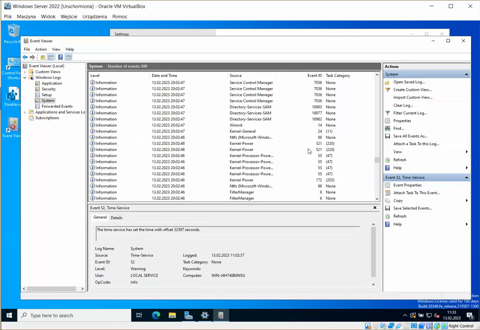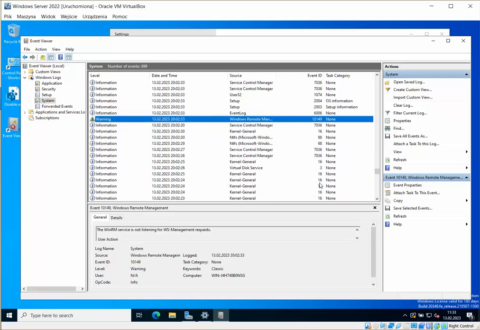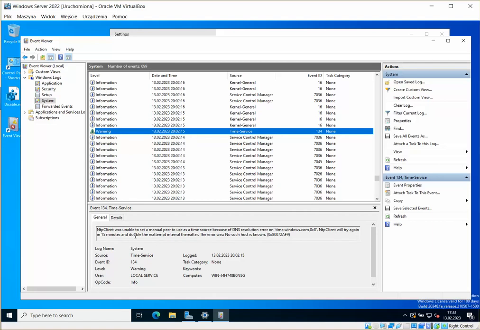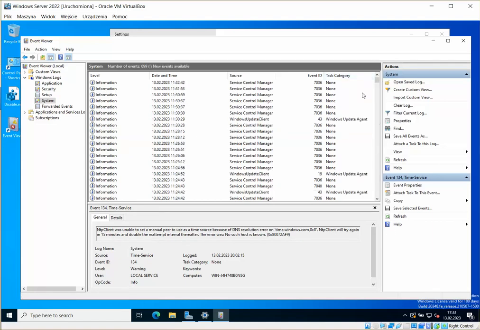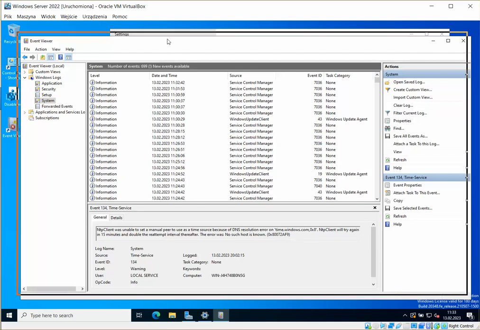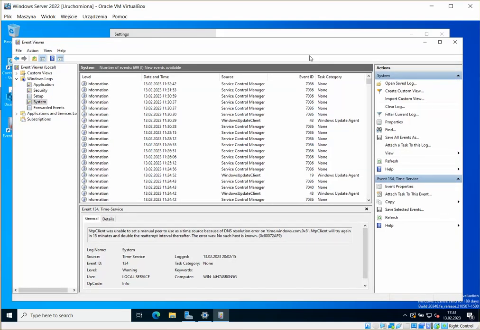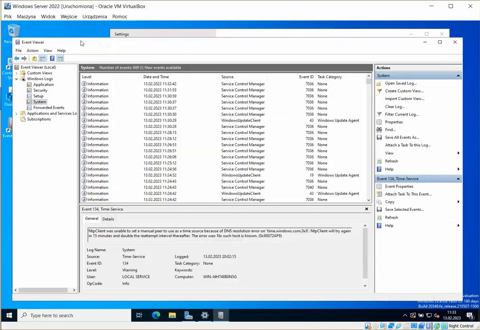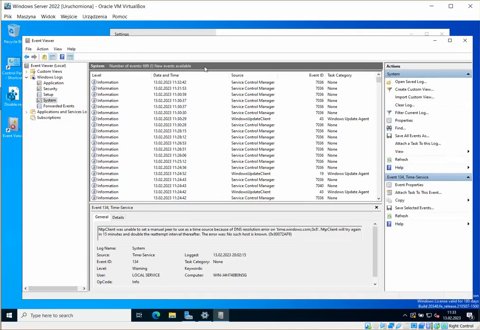Well, that's sometimes common, and of course WinRM, so yeah, Windows Remote Management. Time service, that's very common. So I wanted to wait, and I think I will actually wait until we restart the whole thing. Yeah, or maybe not, maybe I'm just gonna do it right now. Okay, so